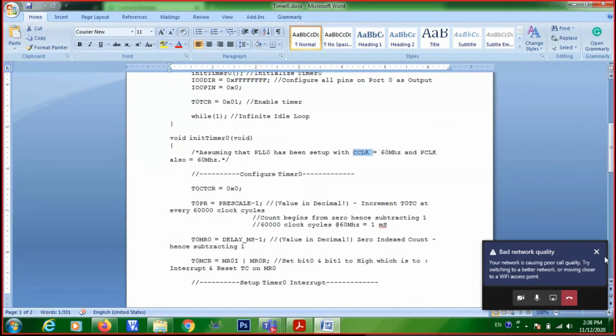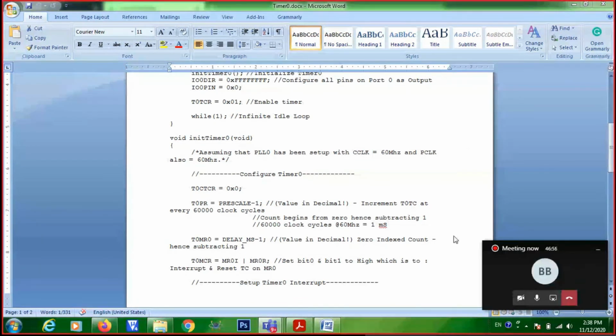That you should keep in mind, right? That is the first configuration you need to do. So how will you configure that? By configuring the VPB divider. We are assuming that this configuration you will be doing in the IDE itself. That you will see.